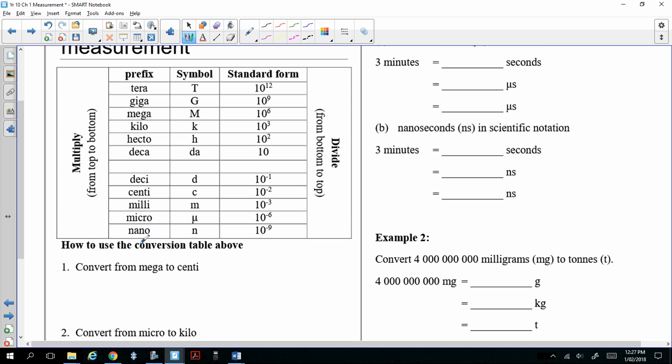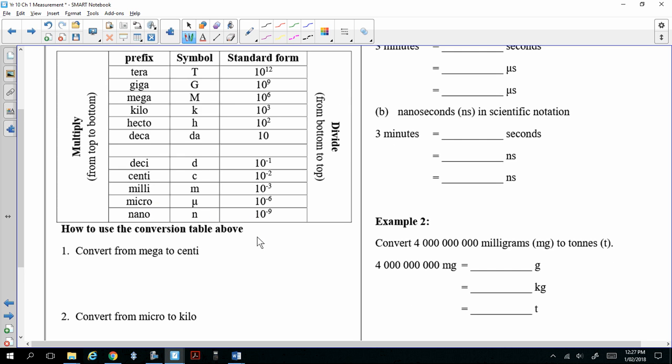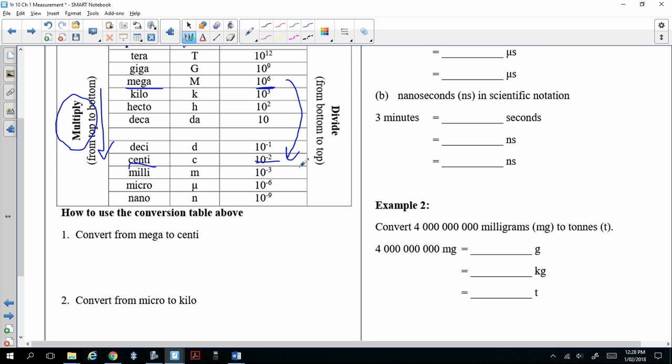How to use the conversion table above. To use the conversion table, say we go from mega to centi. Let's find where mega is. Mega is 10 to the power 6, and centi is 10 to the power negative 2. To go from top to bottom, you have to multiply. Because you're going from mega to centi, you're going to multiply by